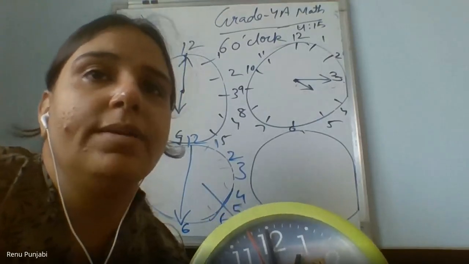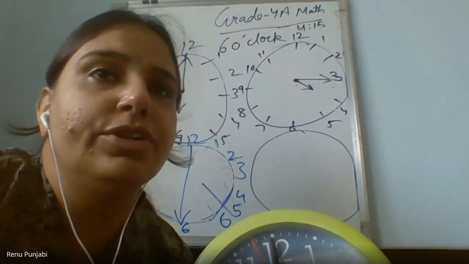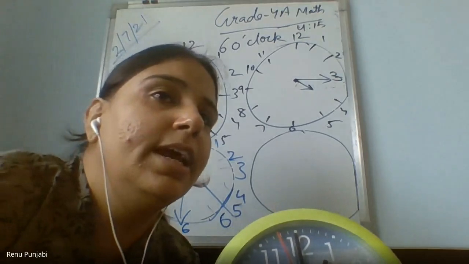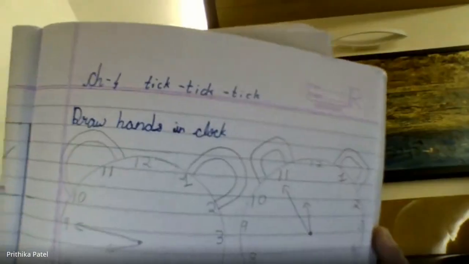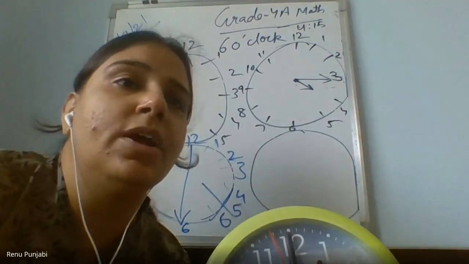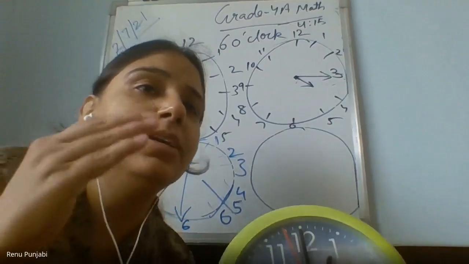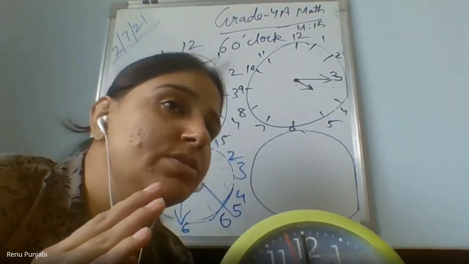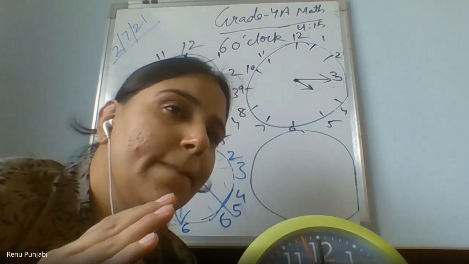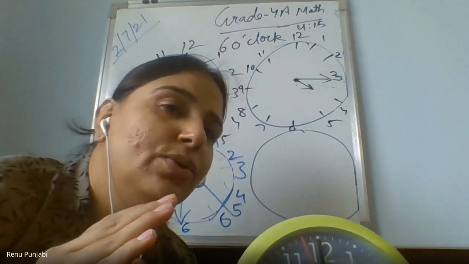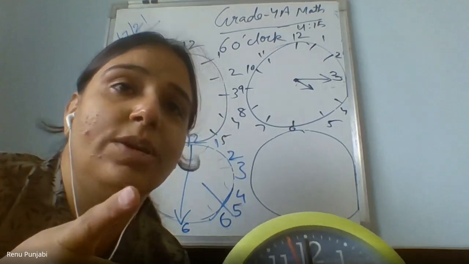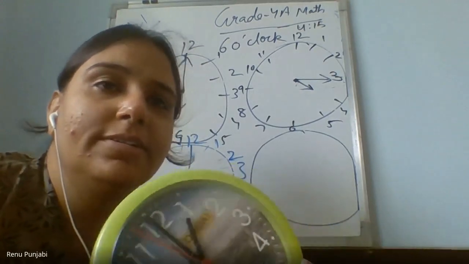Yes, Pritika, show me. What time is your clock showing? In the first clock, it is 8:15. Yes, in the first, then it is wrong. 8:15 is not like this. Ma'am, it's 8:45. Show me. 8:45 is also not like this. No, ma'am, in the first it is showing 7:45 in your clock.